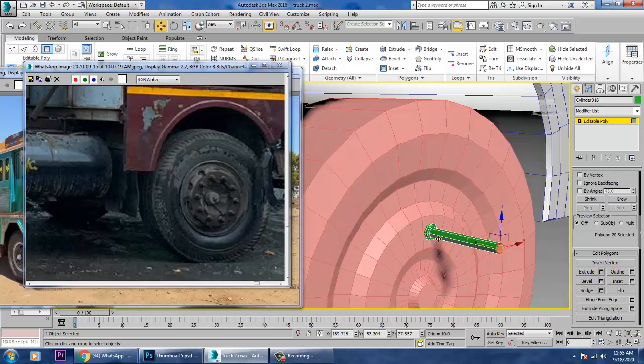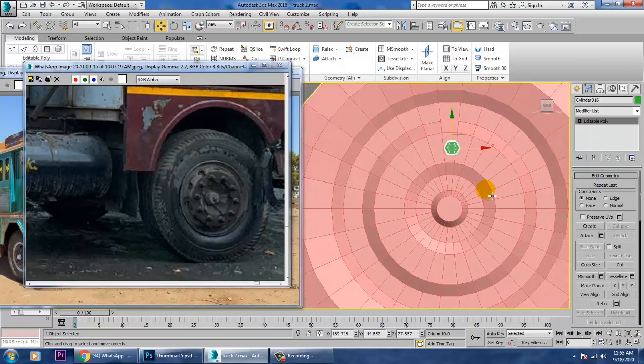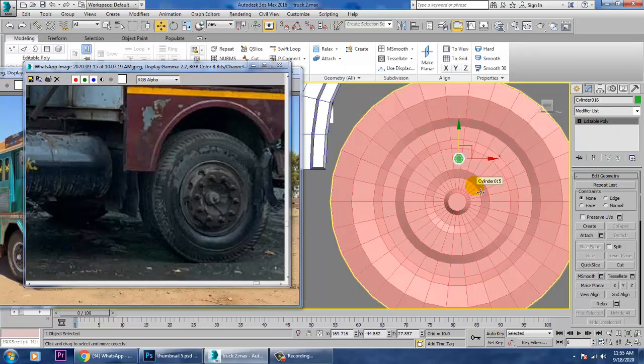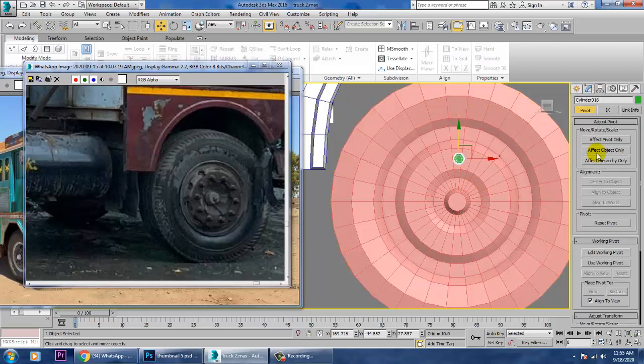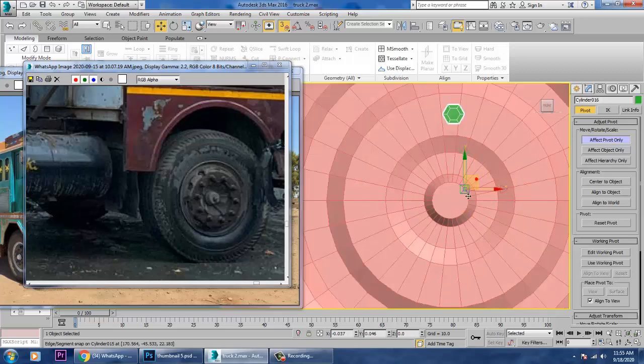So extrusion should be very little in this. Now what I can do is go into its hierarchy, pivot point, and I'll set its pivot point to the center of this object.